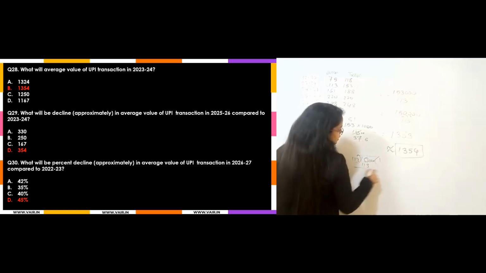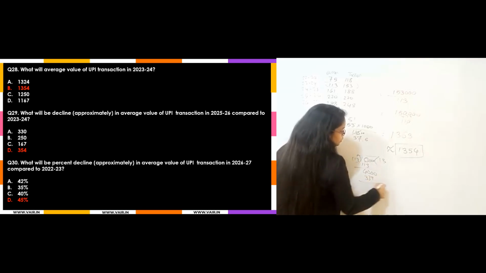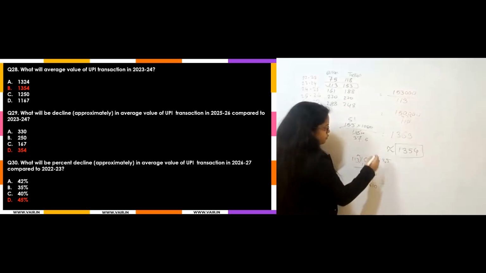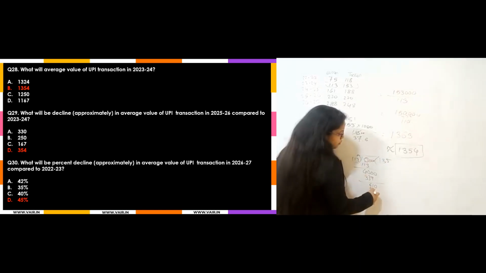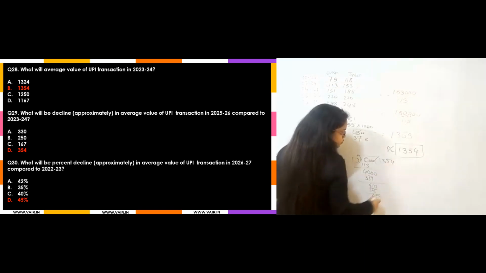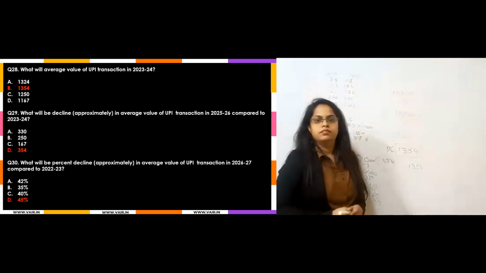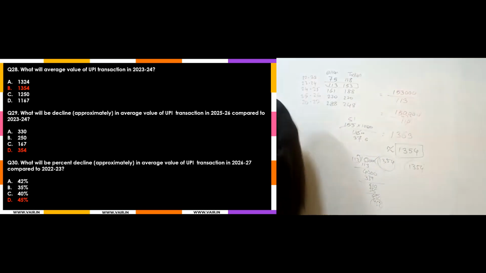113s are 113. There will be 44 times. Then 113 times 3 is 339. So how much remains? This 40 means 61 triple. So it will be 5 times. 5 times will be 565. So the remaining will be 35 and 10, 45. So for 450 it will be again 4 times, right? 4 times will be around 452. That means it will be nearest equal to 1354, that is your answer. Okay, so that is the answer, option number B.